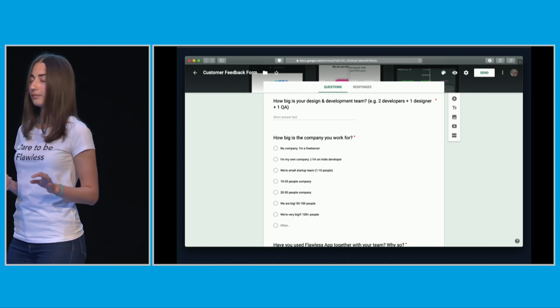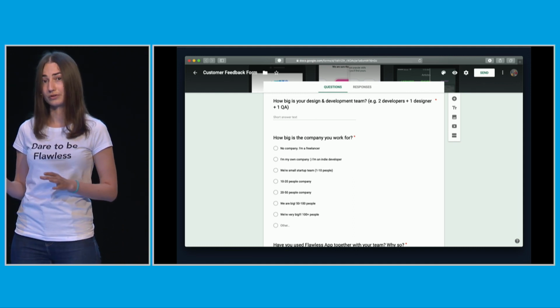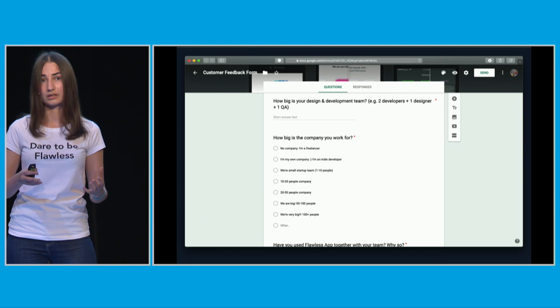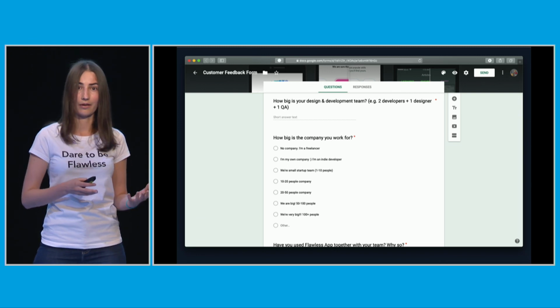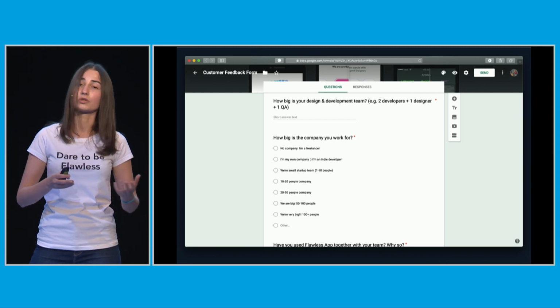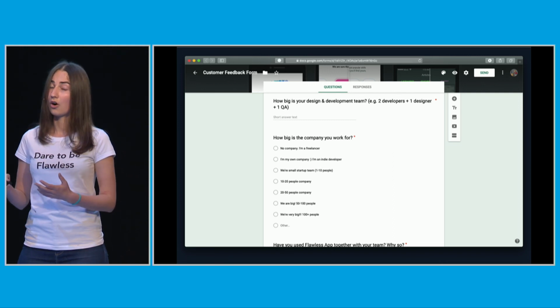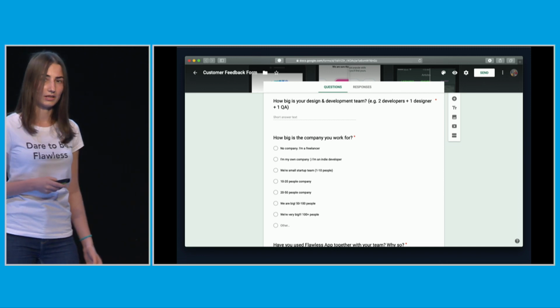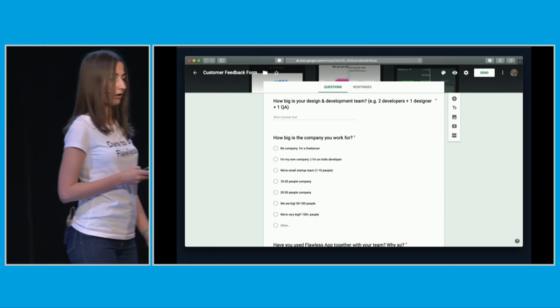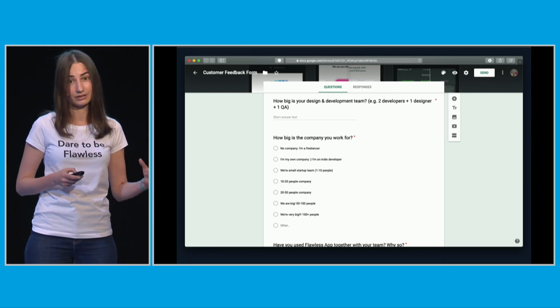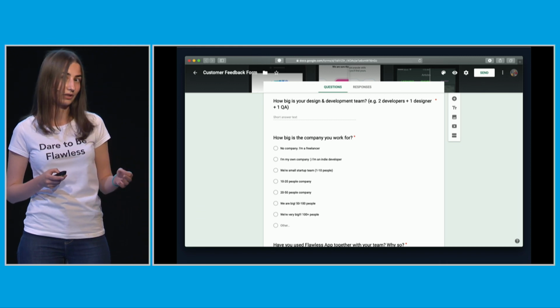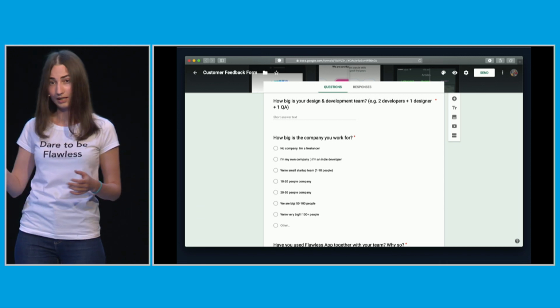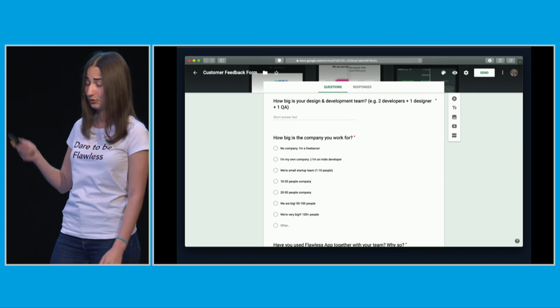You can start with making questions for interviews. It can be direct questions. For example, how many people are working in your company? What tools have you been using before Flawless? Or you can ask indirect questions. For example, what have you been using before for getting feedback from your designers? How did you get feedback during your last sprint? This is our real questionnaire which we send to our users.